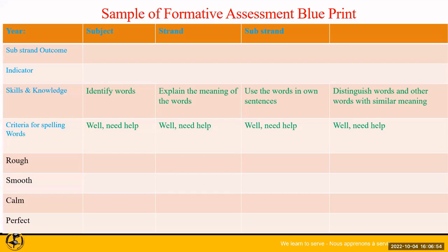Okay, let's go back to the spelling. So how do we engage students in this? It means that all the criteria, the skills and knowledge, are done with the students, and you can actually have a one-on-one session with the students to explain that. See, you can identify the words, that's observable. You were able to explain the meaning of the words,